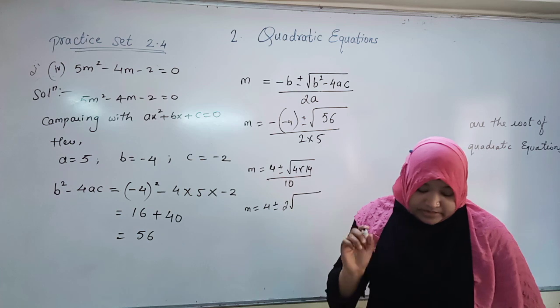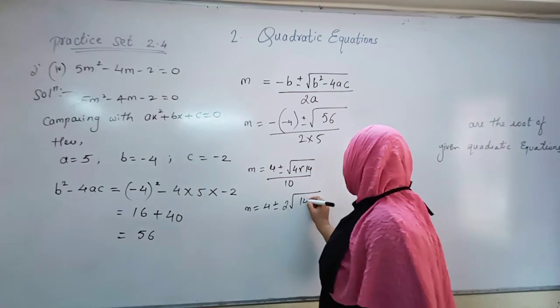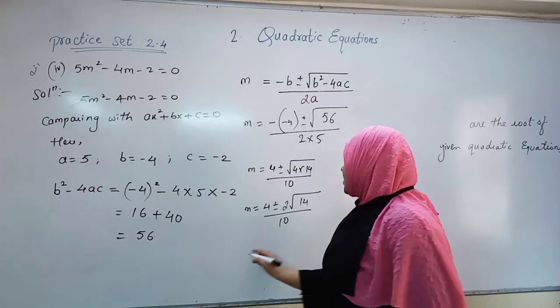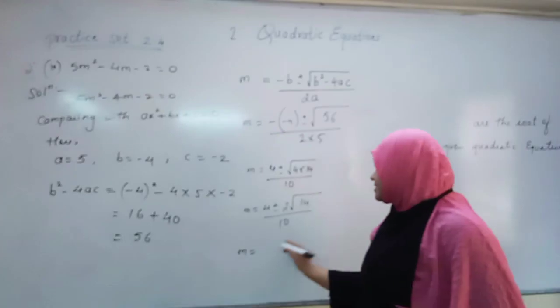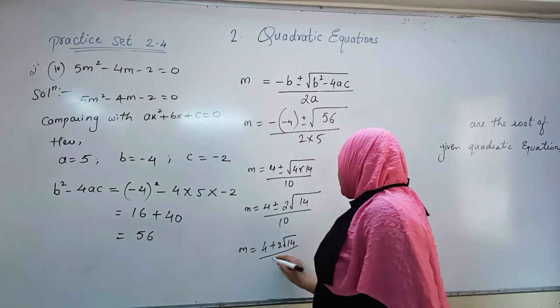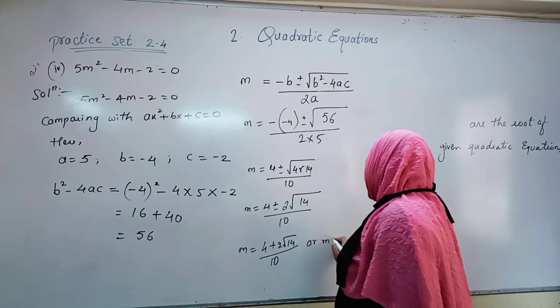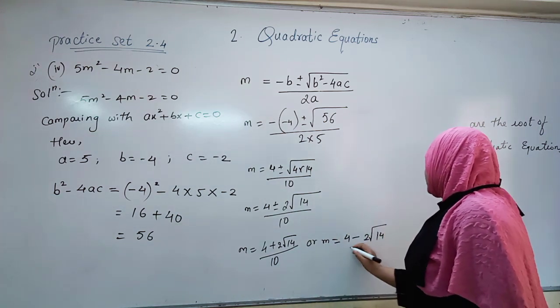Right, now student, what will remain in the root? Only 14 upon 10. Now first of all student, separate the plus sign and minus sign. 4 plus 2 square root of 14 upon 10, or m is equal to 4 minus 2 root of 14